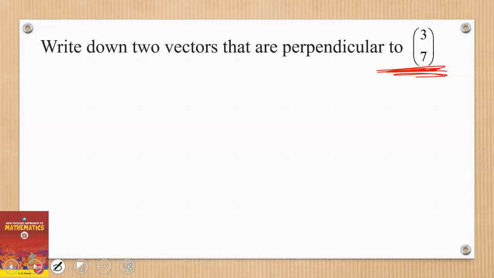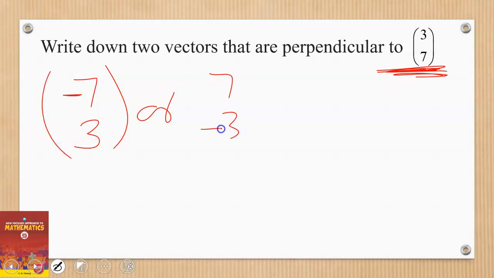So perpendicular to this vector can either be (7, 3) with this one becoming negative, or (7, 3) with the other becoming negative. So either of these two vectors is perpendicular to this. As simple as that. You rotate it, so that y goes to x and x comes down, then one of them becomes negative,